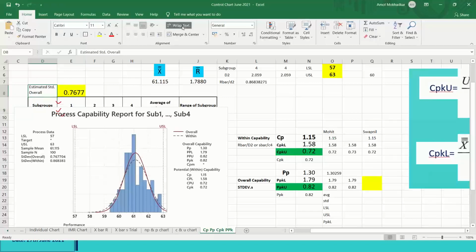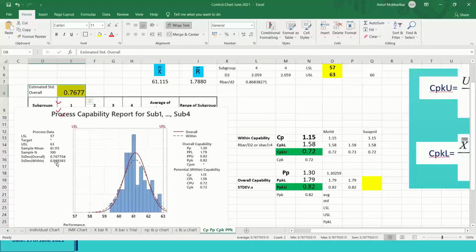What is the value we got? Same, sir? We got the same value, 0.7677. For overall I am talking now.